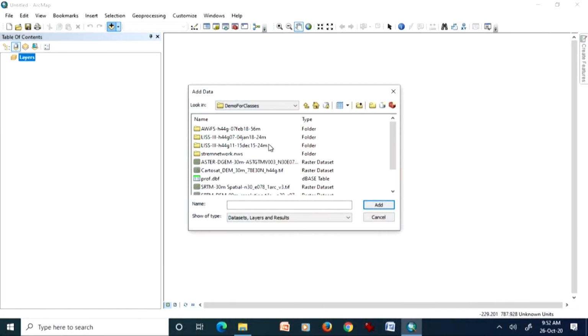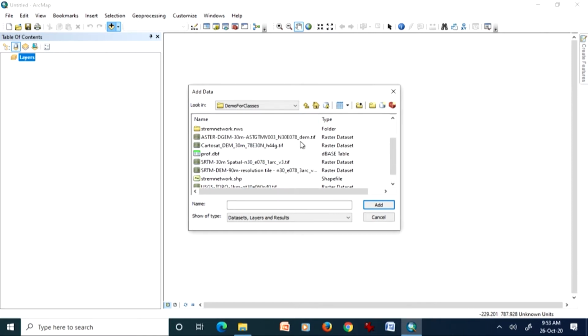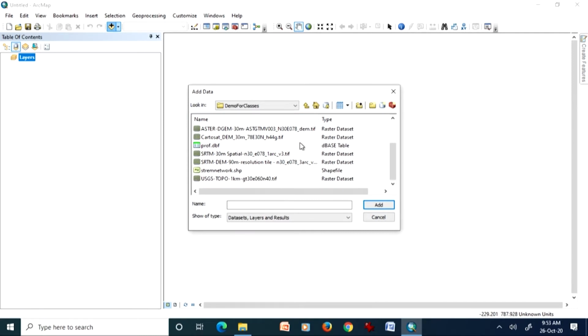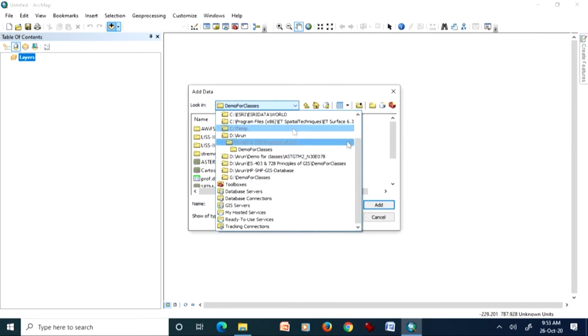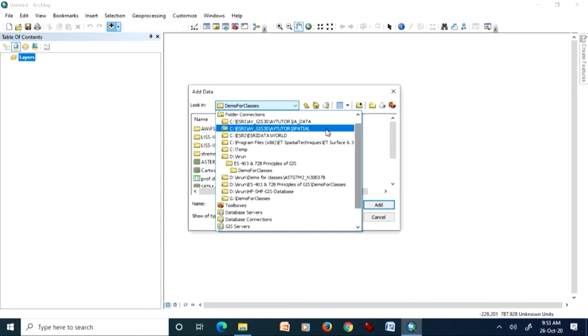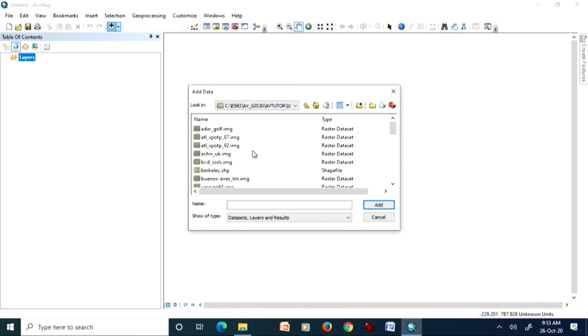What we are going to do on this ArcGIS software is add one image here and see what really happens to that image, and how this is created.